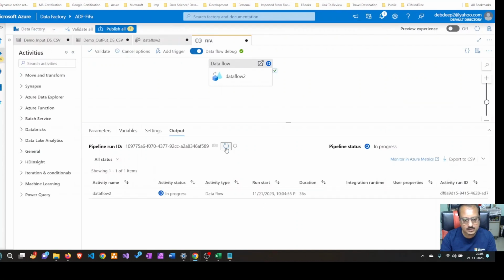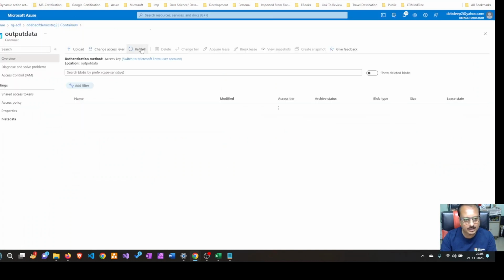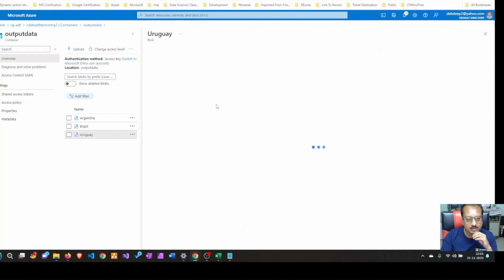Click on the progress. It's progressing slowly, steadily. Now Brazil has come up. Great news. As you see, previously Uruguay was processed first, now Brazil is being processed first. It really depends upon the clustering. So yes, all the files are available. Fantastic. Now if you just open up this particular file for Uruguay,